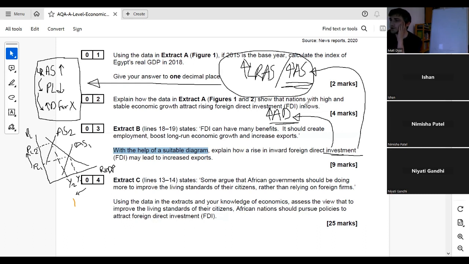Excellent, Mira. So Mira has spotted the problem with this route. Again, if you weren't thinking it through clearly, or you didn't know your AS/AD mechanics very well and how to use this strategy well, you might end up thinking, oh, exports, AD, let's write AD, and then AD rises if there's more investment, and then you realize, oh wait, that makes prices higher. So now exports are less attractive, which is literally the opposite of what we wanted.